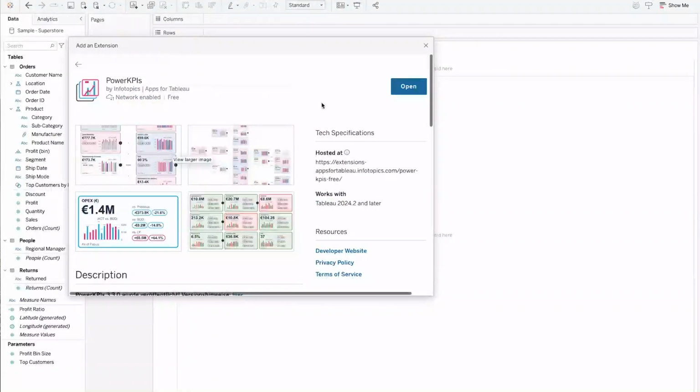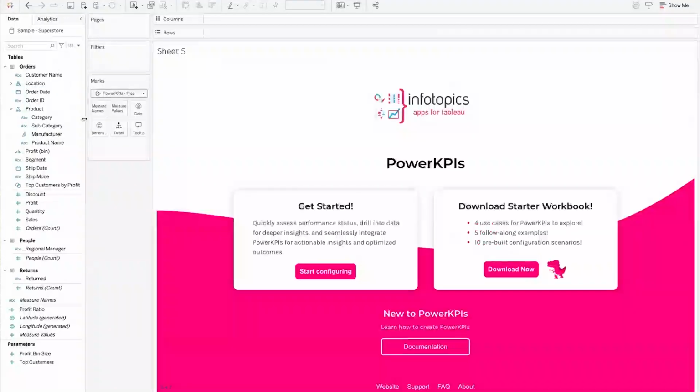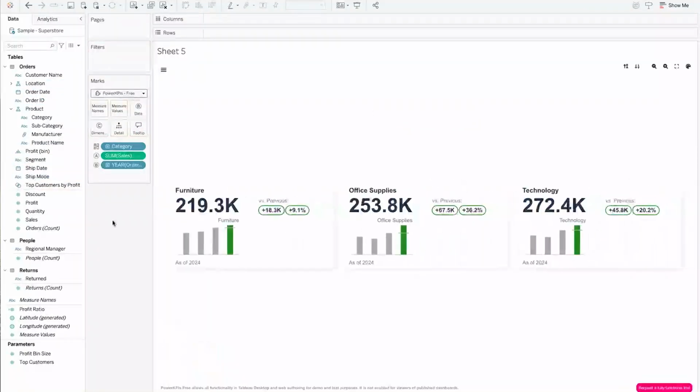Since the Power KPIs are the most popular, let's pull in some of these as well. We want to look at sales. Let's do order date. And that was so fast. I mean,